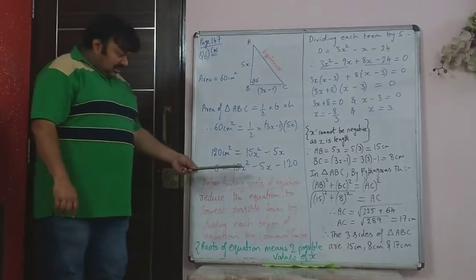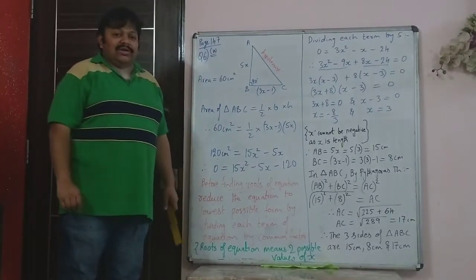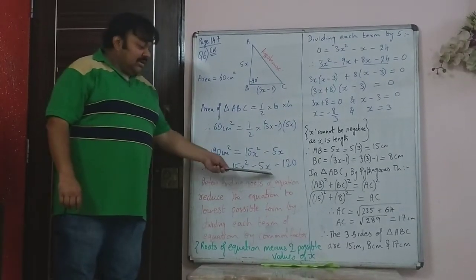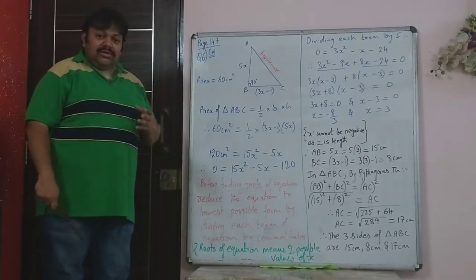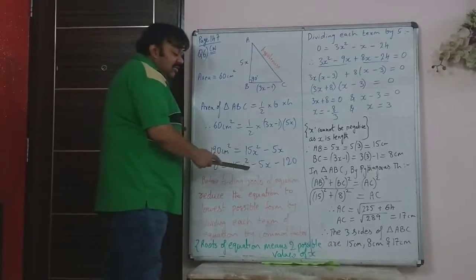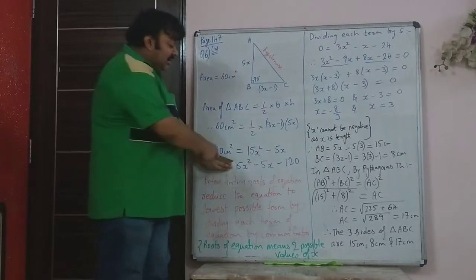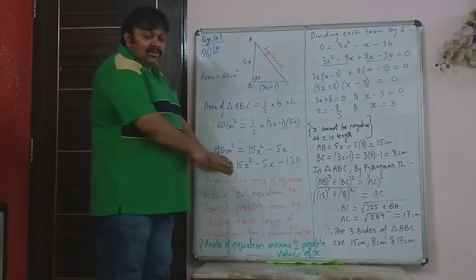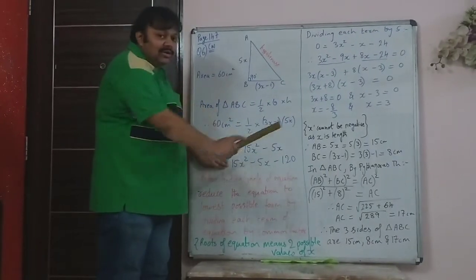Now if you look at this, this is similar to what you did in factorization, splitting the middle terms. But it is easier to split middle terms once the numbers are made in basic form. See, if you got a factorization sum, then you can't divide it. In that case, you are only given this much, factorize this. In that case, you cannot divide it by 5, the basic common factor.